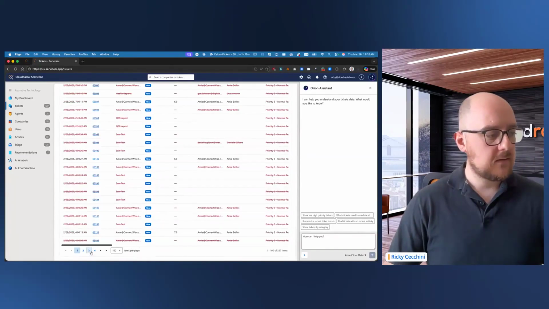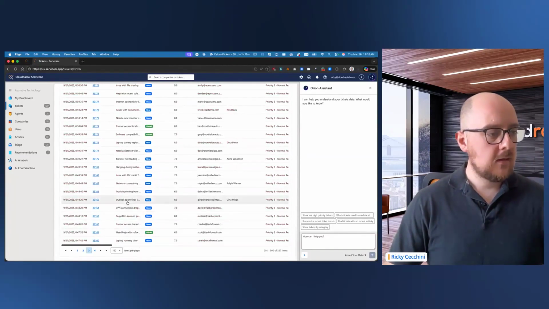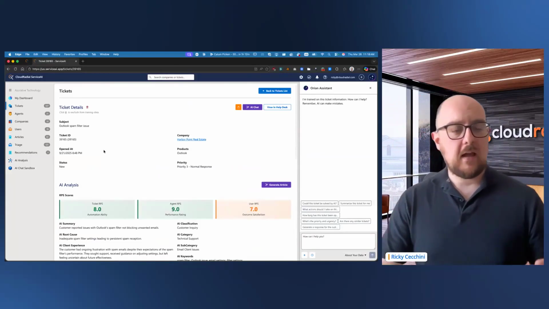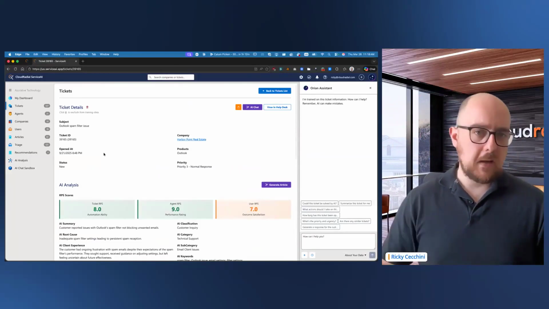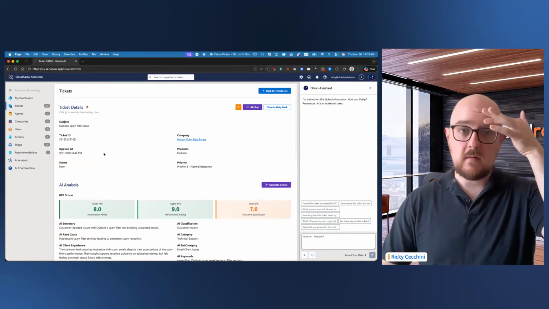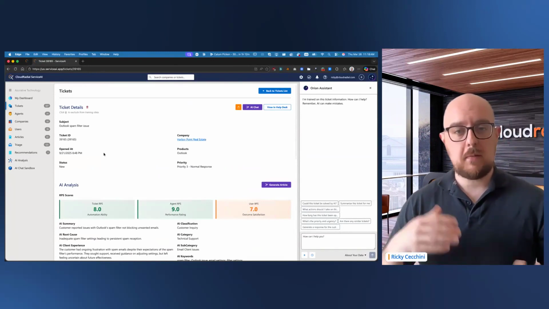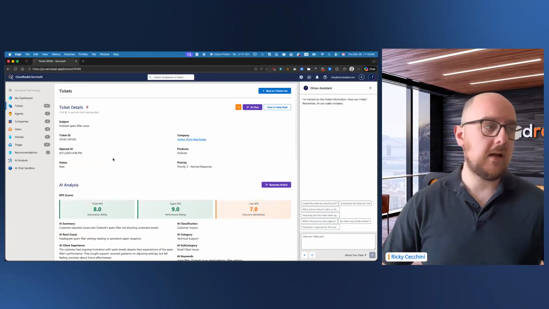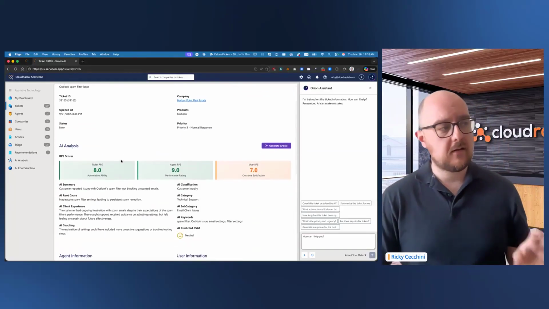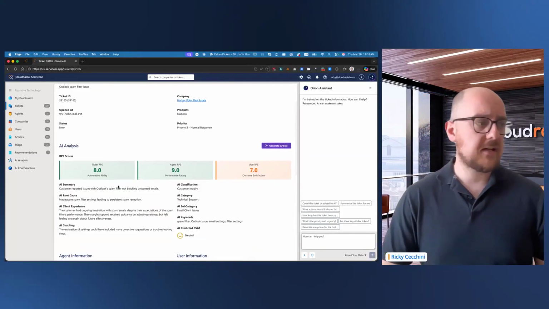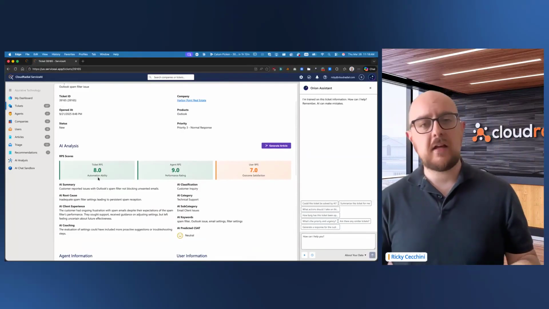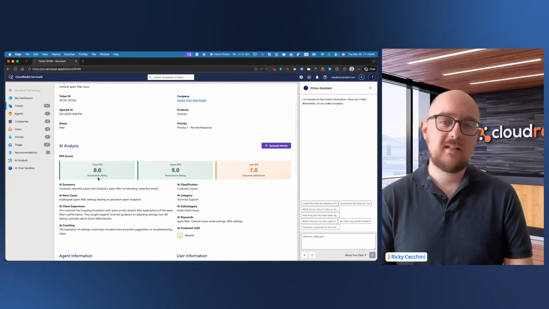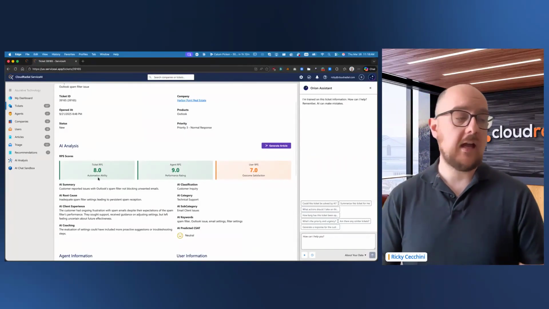We have so many tickets in here. Let's find one that's actually interesting. Here we go. So, Outlook spam filter issue. Now, without having to do this, I do not expect anybody that uses ServiceAI to do this individually, because this is what people typically do when they audit tickets manually themselves. So we are automatically taking a look at the ticket, looking at the base stuff, but specifically breaking down how good of a fuel source it is for the AI,